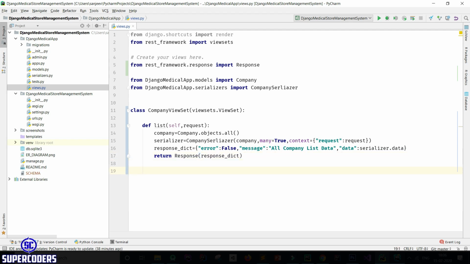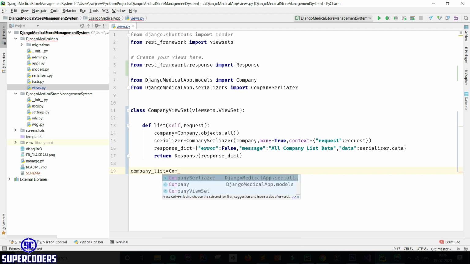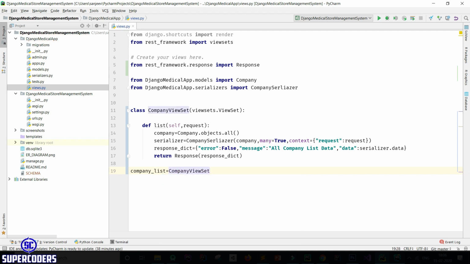So first come here. Now adding company list equal to CompanyViewSet.as_view, get, then return the list data.